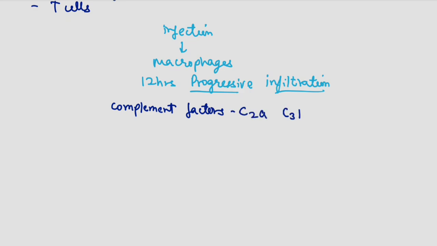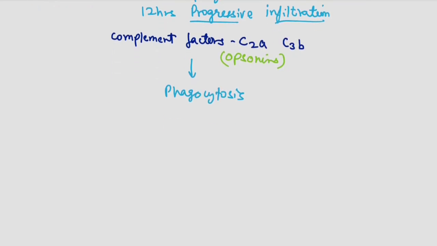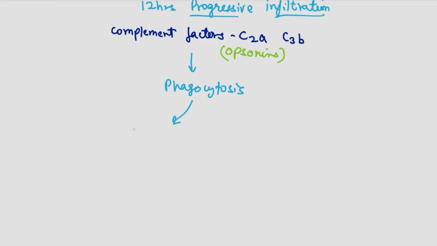C3B and C3A play an important role in the opsonization process. That is, they act as opsonins. Then in the next step there is phagocytosis. And then there can be two fates. The macrophage can fight